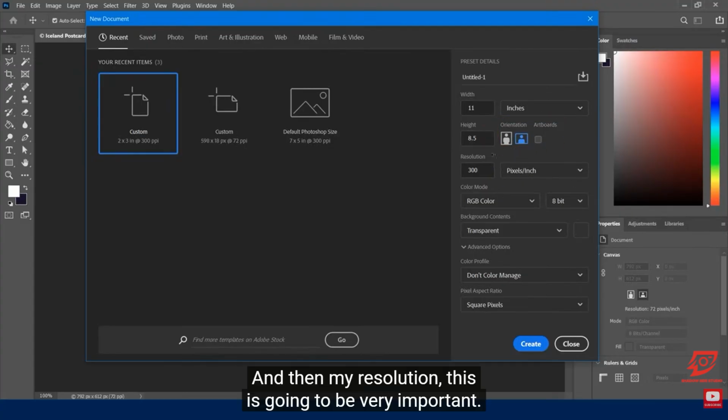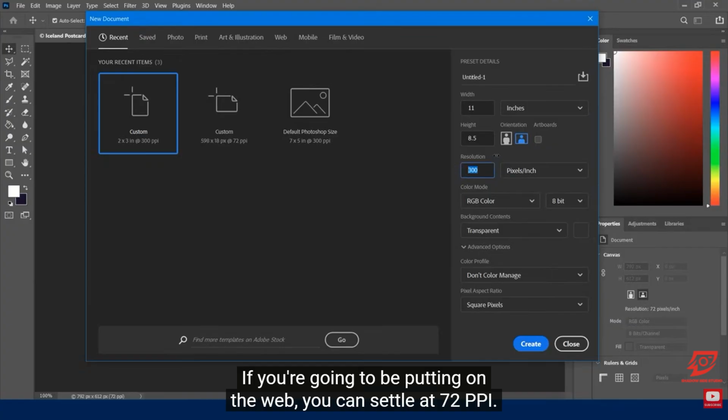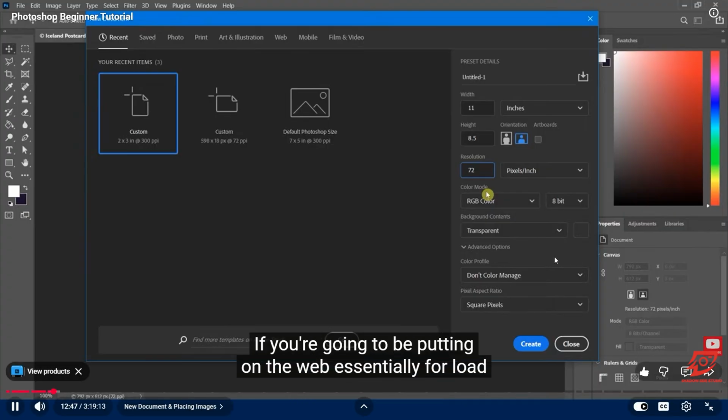And then my resolution, this is going to be very important. Resolution is basically how vivid is this going to be? How rich is this going to be? Are you going to be printing it? Or are you going to be putting it on the web? Typically, if you're going to be printing it, you want to be at least 300 ppi. If you're going to be putting it on the web, you can settle at 72 ppi. Typically you don't want it to be too high if you're going to be putting it on the web,